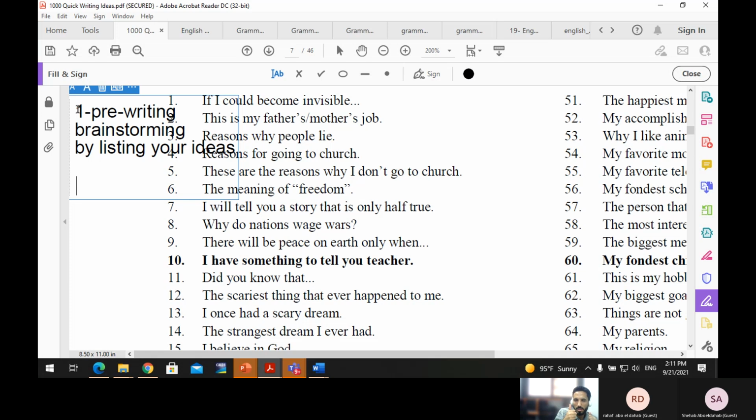طب دي مفيدة في ايه؟ عشان احنا مهم جدا ان احنا نعرف احنا ليه بنعمل الستيج دي بتاعت البلاننج. ليه؟ Why should I plan to write a paragraph or to write a letter or an email or a report? Why should I plan? Of course, you should plan before writing so that you can